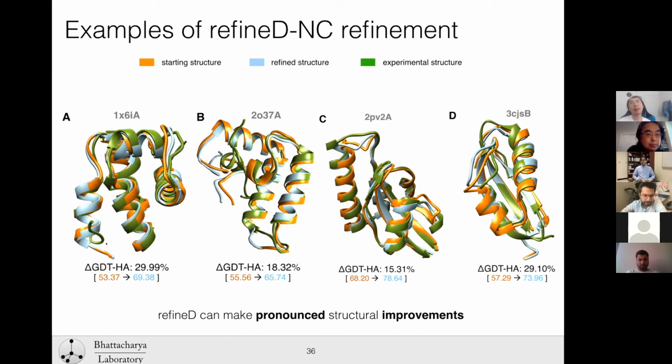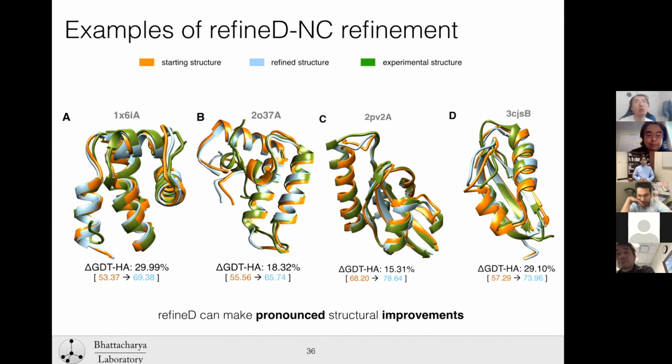And the second thing is this is a terminal region, so it might be a little more flexible than the core region of the protein. So I would say this matters less, whether we predict the terminal region more accurately, than whether we are able to predict the core region or move the core region towards the native structure. But yes, you're right. There is quite a lot of variability in the loop region here. And RMSD will show it, but whether to use RMSD is another question.